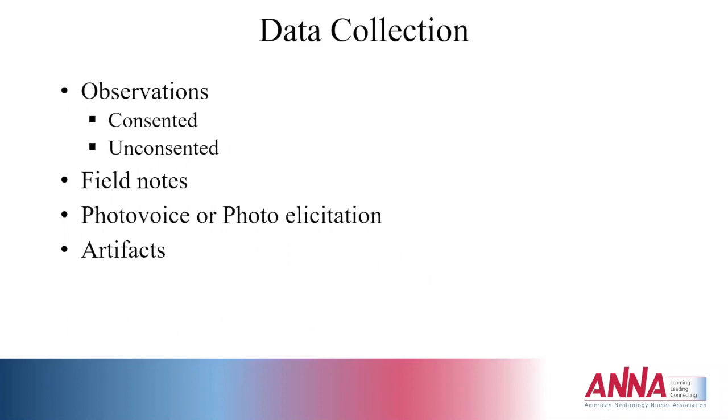Some additional methods of data collection include observations, field notes, photo voice, and artifacts. In observations, the researcher can approach observation in two different ways depending upon the goal of the study. As an example of unconsented observations, that might be observing ways in which children on a playground form groups. Because there's no interaction or manipulation of the children, consent may not be needed. The researcher would simply make notes and describe the behaviors observed. Further, because the consent isn't needed or obtained, the children would be unaware they're being observed, and the observation likely